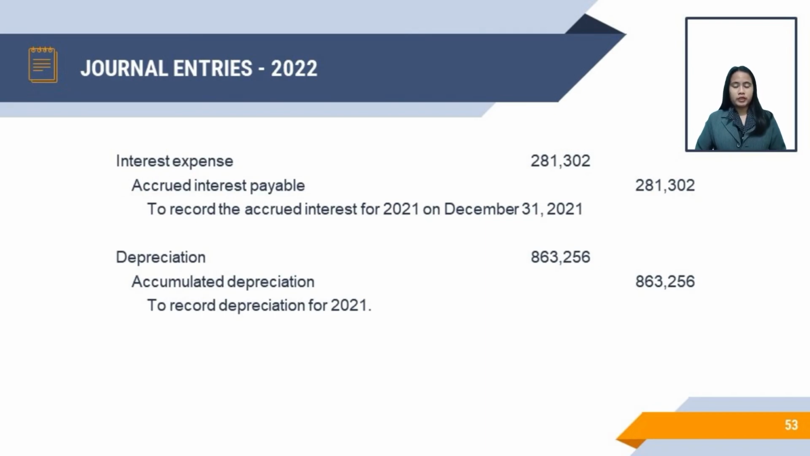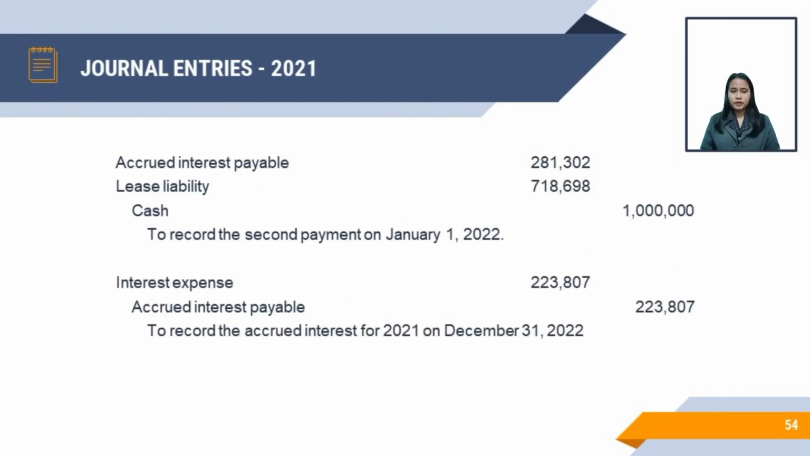Next is to record the depreciation for 2021. We have to debit depreciation for 863,256 and to credit the accumulated depreciation of 863,256. For our next journal entries, we have for the year of 2022, first we have to debit accrued interest